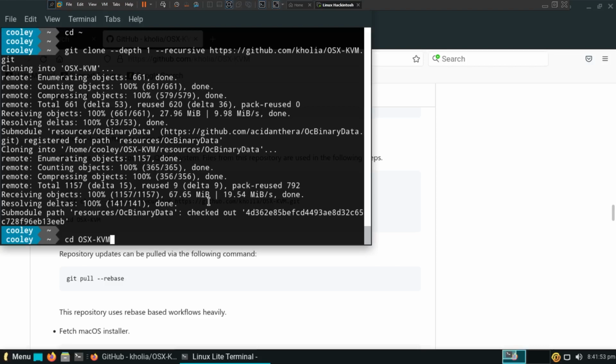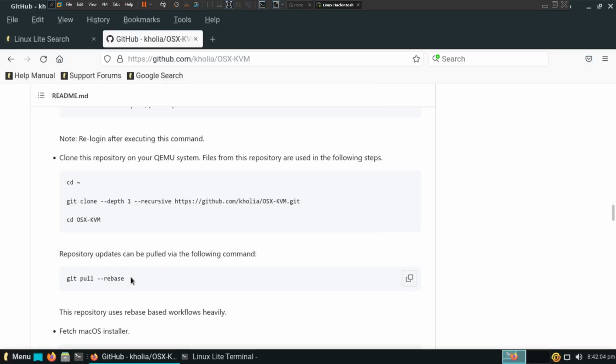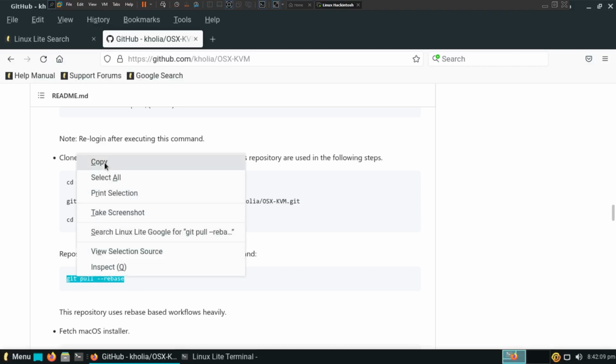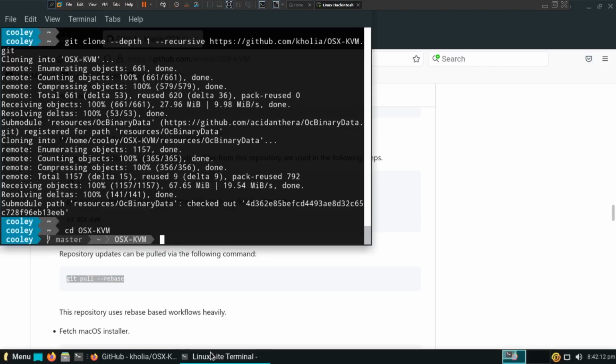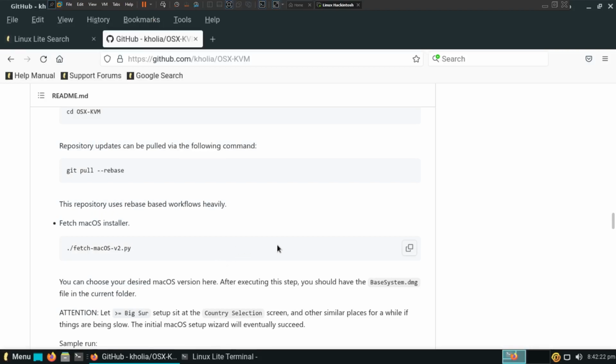And then once it says cd osx kvm, hit enter. Now go back to the guide and we want to copy this command into our terminal. Copy it and paste it into your terminal and hit enter. You're starting to see a trend here. Alright, now this command. Copy it, paste it into your terminal